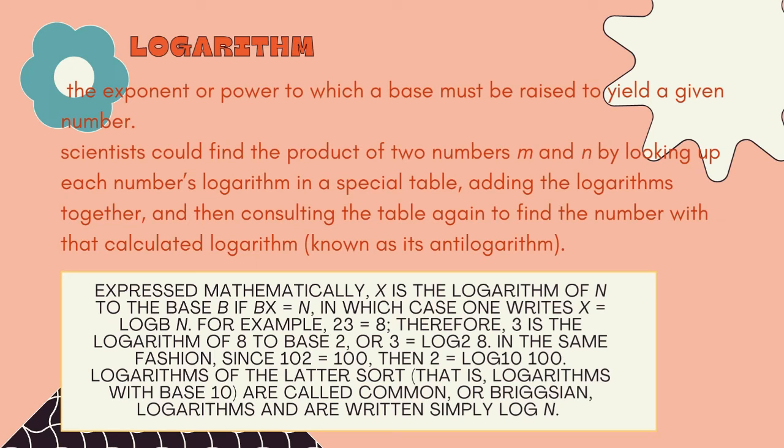adding the logarithms together, and then consulting the table again to find the number with that calculated logarithm, known as its anti-logarithm. Expressed mathematically, x is the logarithm of n to the base b if b^x equals n, in which case one writes x equals log_b n. For example, 2^3 equals 8, therefore 3 is the